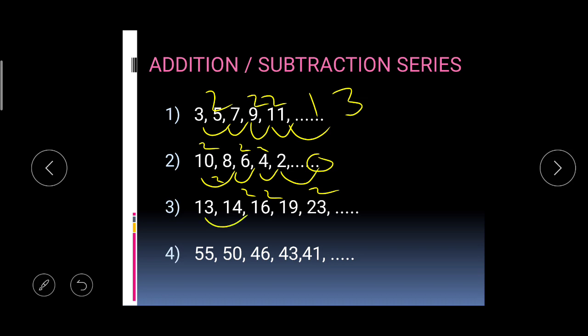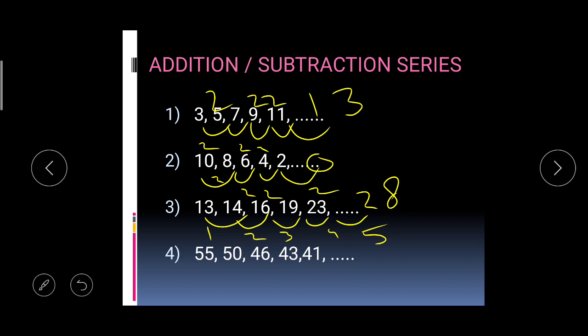Okay, now see the next series. What is the difference? 1. What is the difference? 2. What is the difference? 3. What is the difference? 4. Right? You can see in the first question the difference is constant, the difference is 2. But in question number 3, the difference itself is forming a series. It itself has a pattern: the differences are 1, 2, 3, 4. So what should the next difference be? The next difference should be 5, and the answer will be 28.